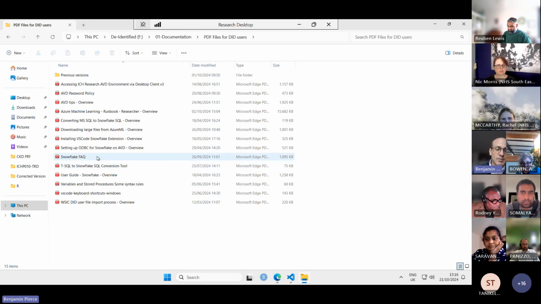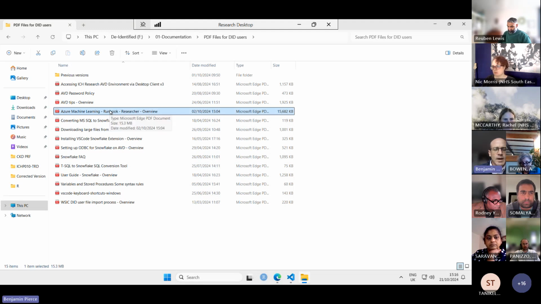That's found here, some FAQs, but also if you have things to learn about Azure ML or extensions, they're available here. If you need to learn about or be reminded on Snowflake,